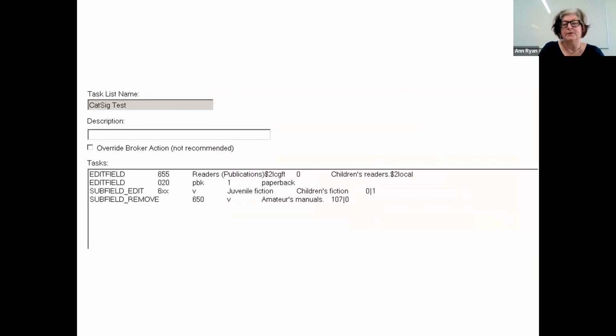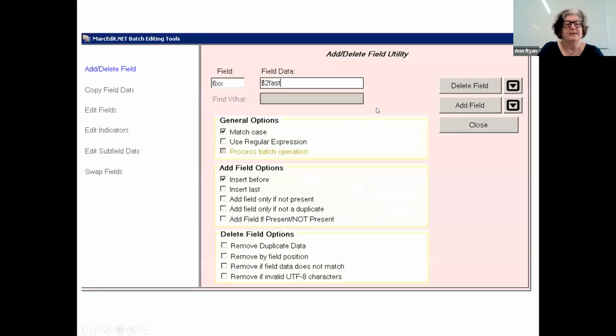Of course, we can use this delete function at the field level as well as at the subfield level. Here we've used it to delete all headings with the 2 subfield FAST. Many of our customers don't want these in their catalogue. Of course, you could use the same strategy to delete BISAC, Sears or GMD thesaurus headings. Again, you'll click the delete field button to delete rather than add the